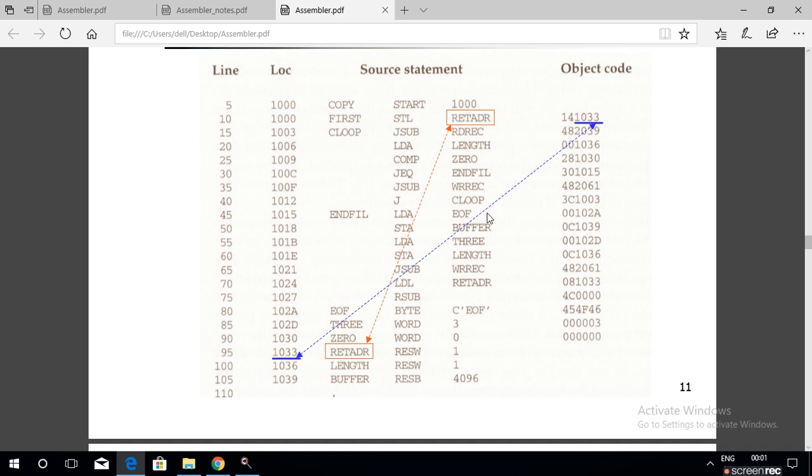Sometimes you will be asked to explain the data structures of pass1 and pass2. Another possible question is to explain the data structures required in pass1 of an assembler, so you have to explain the symbol table and machine opcode table. So this completes the algorithm for pass1.